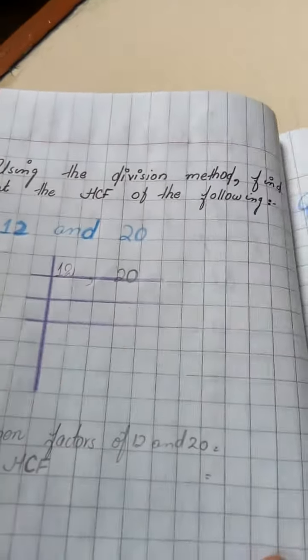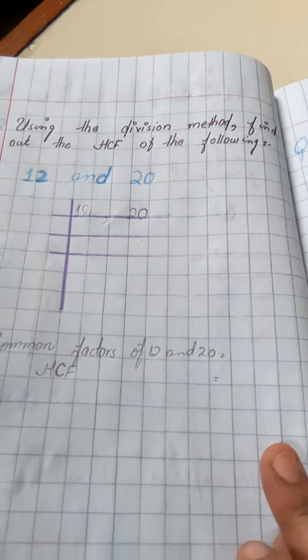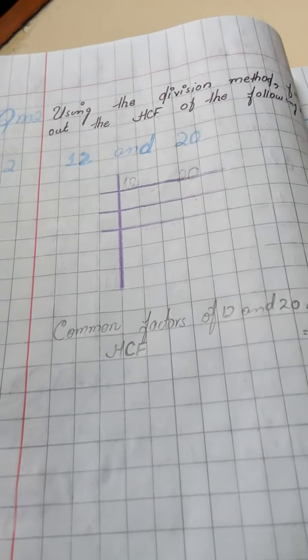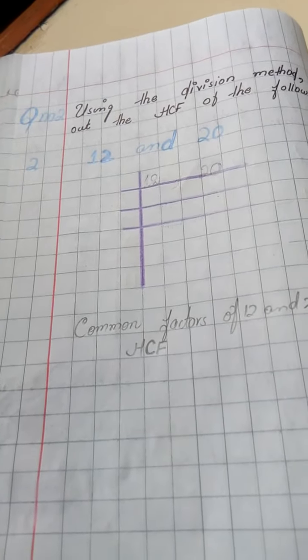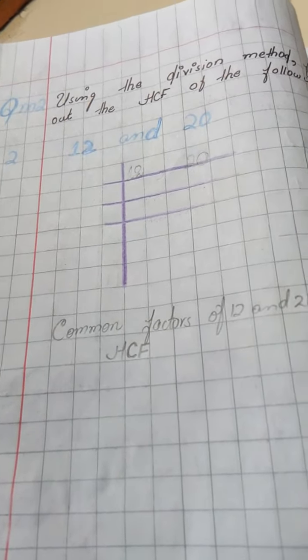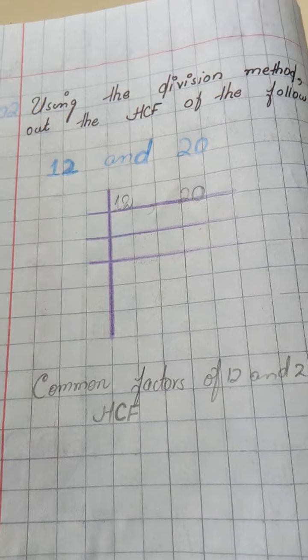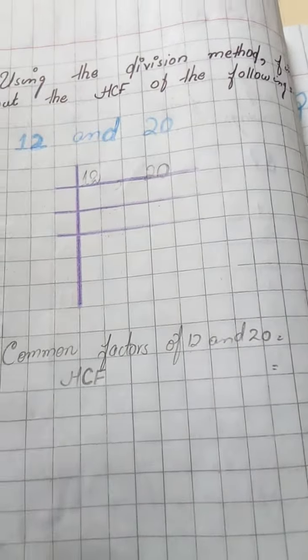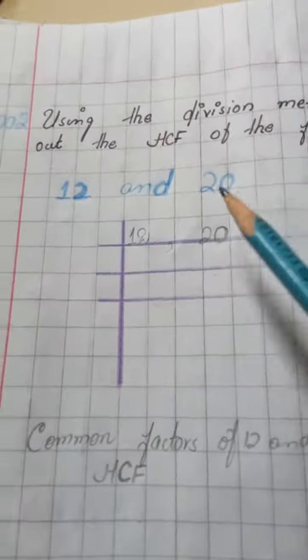2, they are saying that you have to find out the HCF by using the division method. Now it is very clear to all of you what the division method is. You have to find out the prime factors by combining these two in a pair like this, making the columns and rows like this, and then you have to separate these two numbers by putting a comma in between, as I have done it over here.